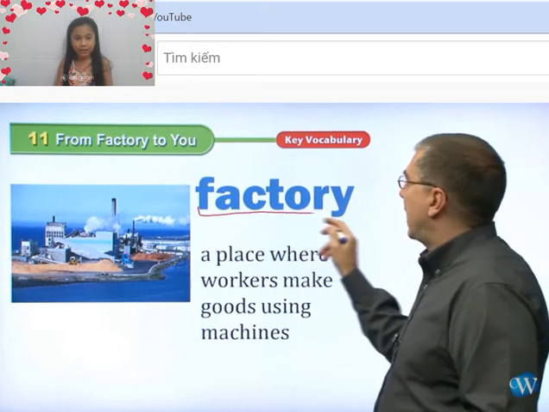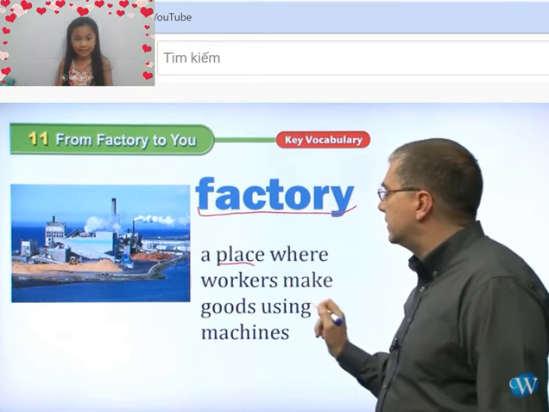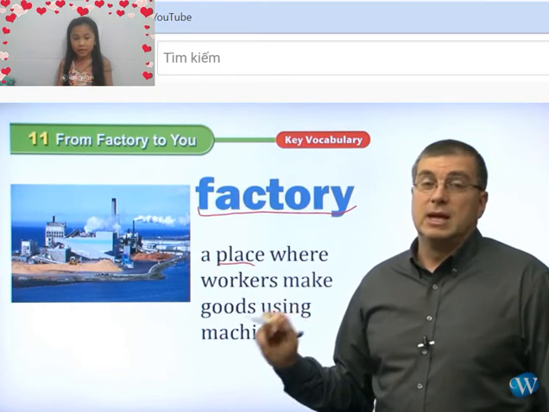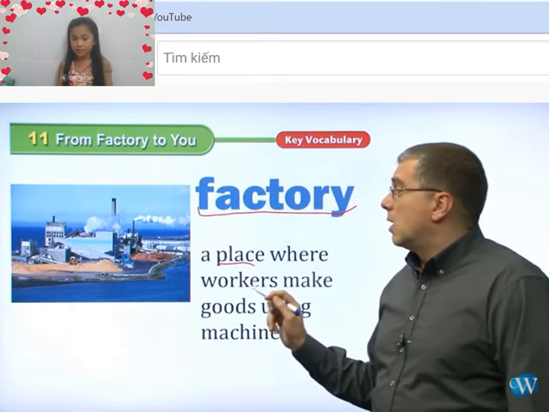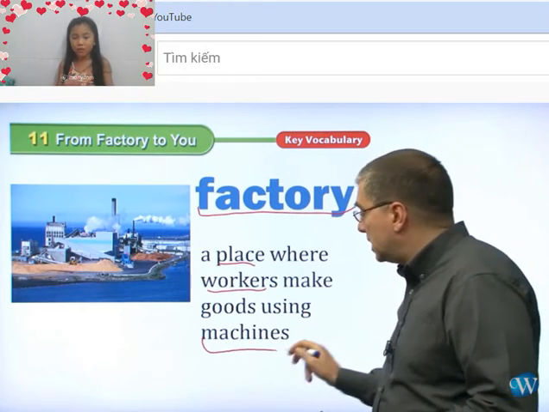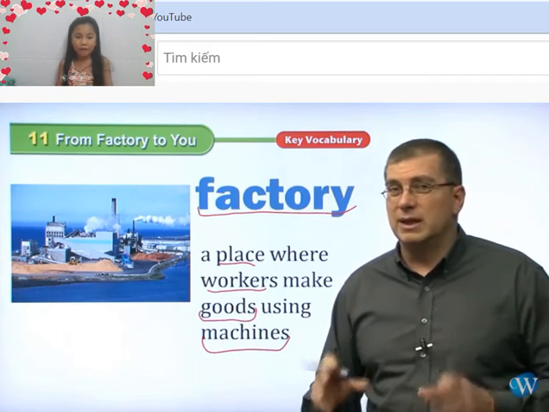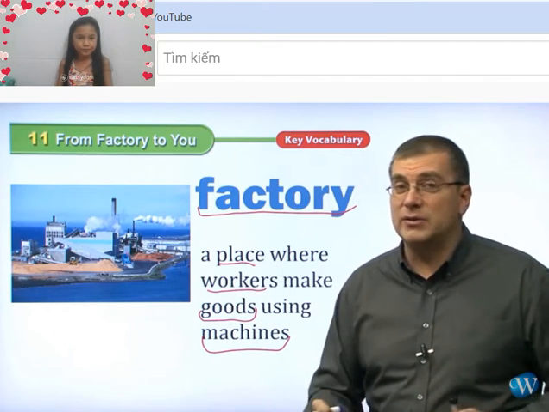And next we have factory. What's a factory? A factory is a place where workers make goods. These workers make goods using machines. In a factory, we don't want to make goods using hands, because that's very, very slow.